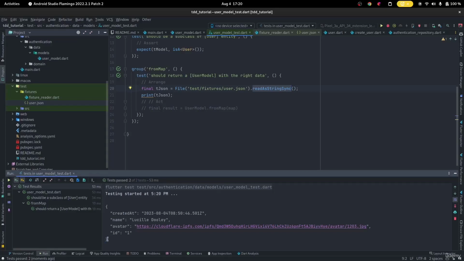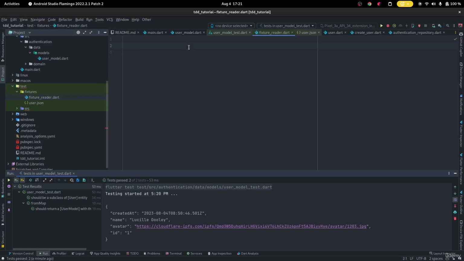We can see that it gets us these values right here as a JSON. Right now we have to convert this into, now this will be a string at the point when we get it. You can see it to string because we're reading it as a string. We want to convert it into a proper Dart map. In order to do that, we have to use JSON decode and we pass in the JSON, right? But now in our application I'm going to have several models, not only one. So when we're testing all of them, we want a generic way of converting our JSON fixture files into actual JSON strings, right? So for that reason, we're going to come into our fixture reader and we're going to create